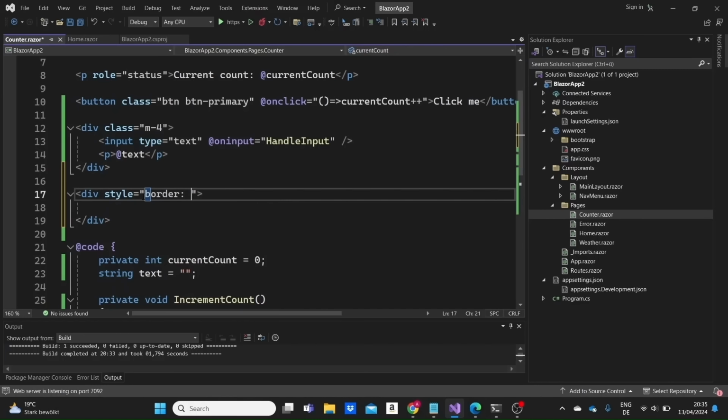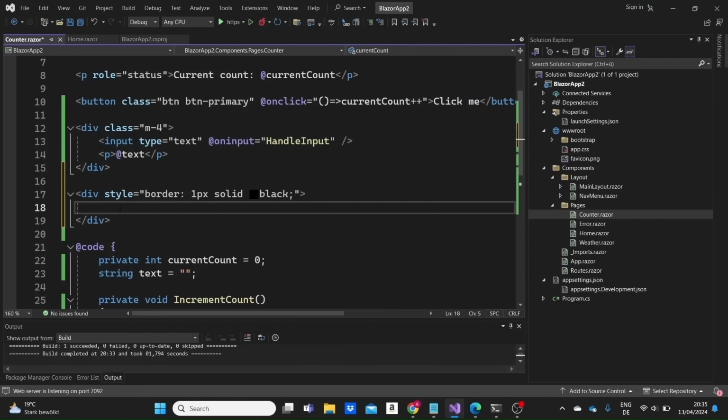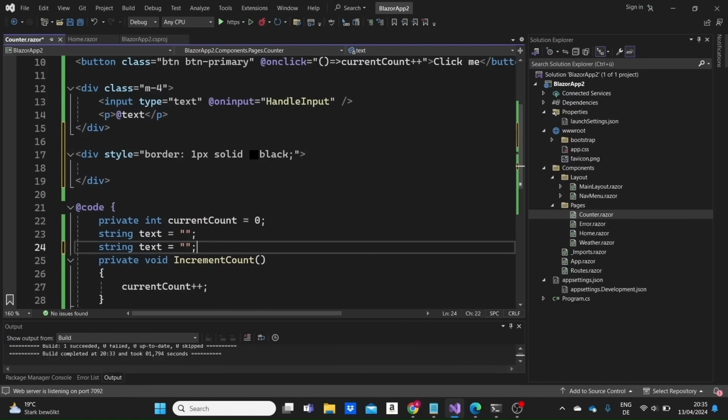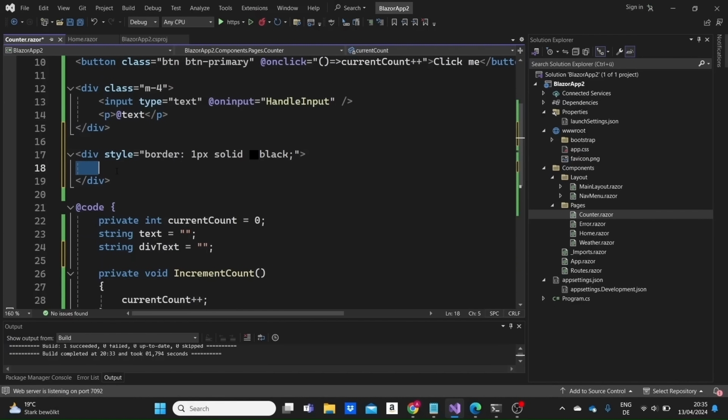I'm making the border 1 pixel, solid, black. And here I'm going to need another variable. I'm naming it div text. So as soon as we hover over some specific division, we want text to be displayed, just using a paragraph